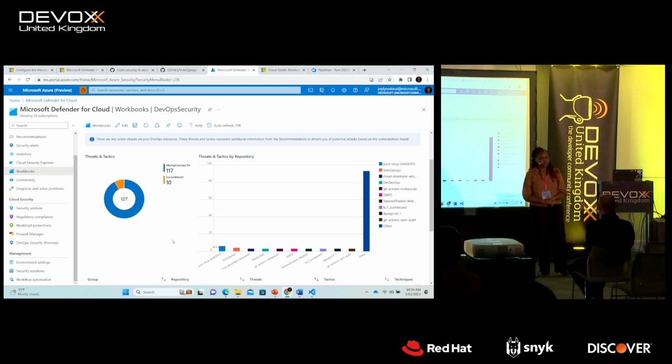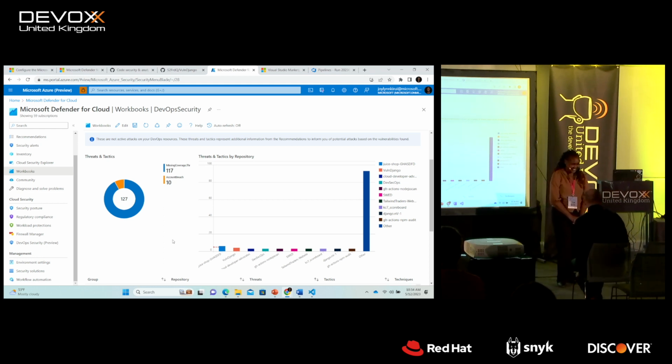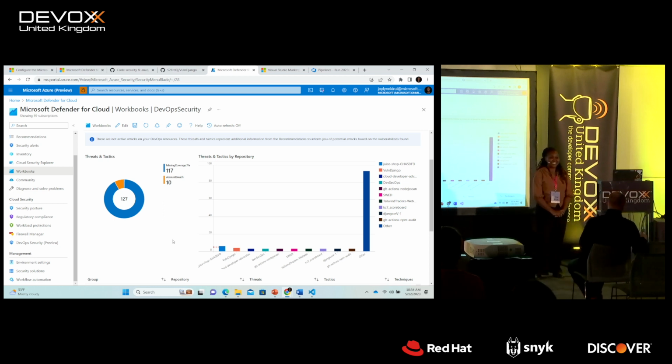Could you recommend one tool that you can run on your laptop or desktop to check for security before you get anywhere near pushing your code? We have many. You're saying within your IDE? Within your IDE, yeah, a plugin. Okay, so